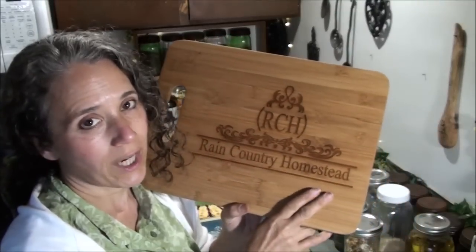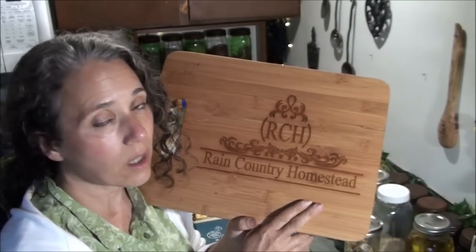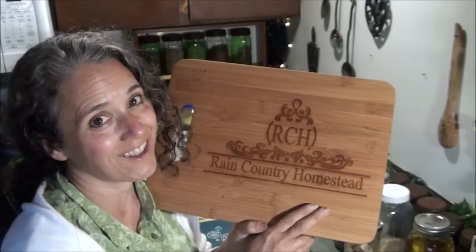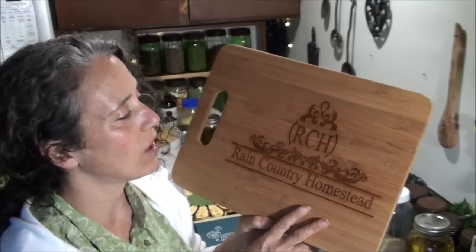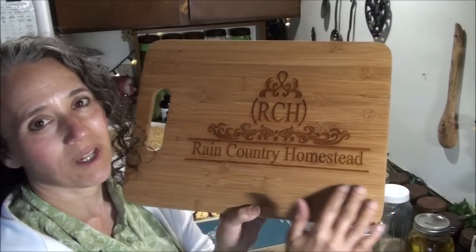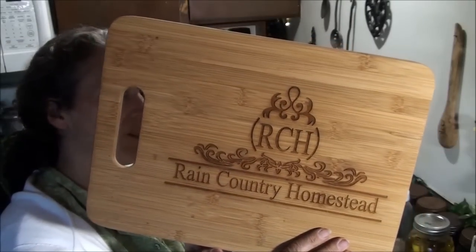Anyway, Lisa Booker had this made for me, and it's just so pretty. It is a cutting board, it is bamboo. But of course, me being me, I have things that it's like, nope, it's not getting ruined. I'm not going to have it getting discolored and stained with beets and whatever else. It's going to become a piece for my kitchen that also shows people who we are. So I love the fact that it says Rain Country Homestead and the RCH and the scroll work. It's really,